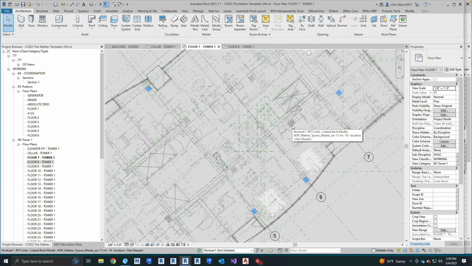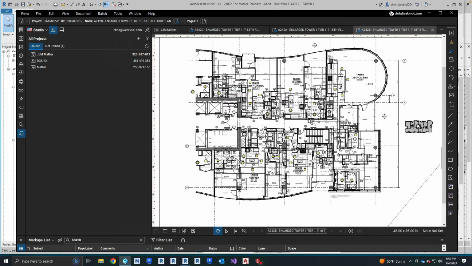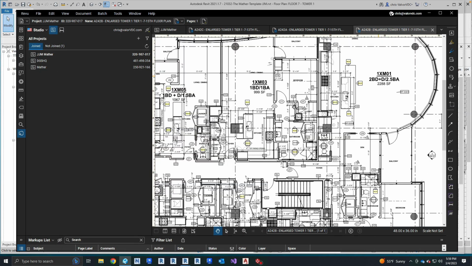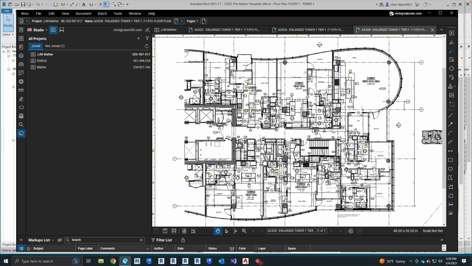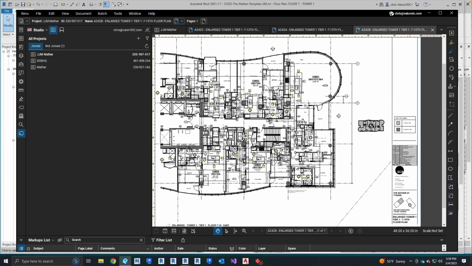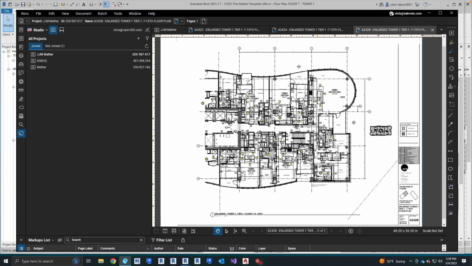So here is the best way to go about it. What I do is first I start with the contract drawing. So I'll bring in some Bluebeam, and I figure out what floor I want to bring in the background from. This is level 7. It's actually level 7 through 15. So I go in here and I find the contract drawing number. And after I find the contract drawing number, which is